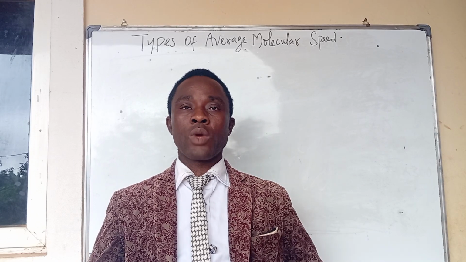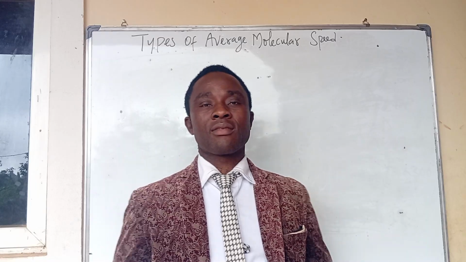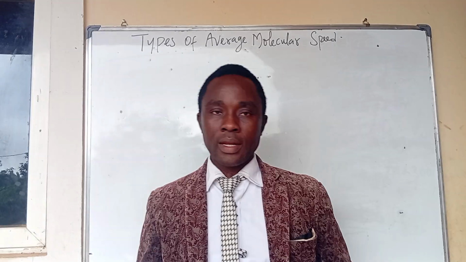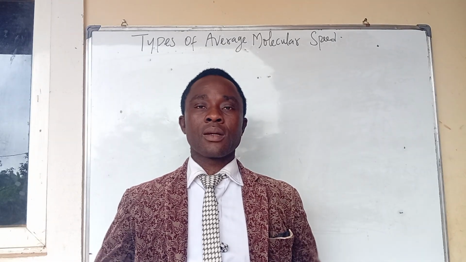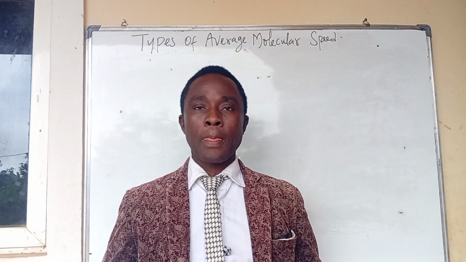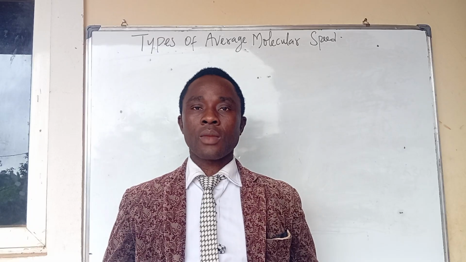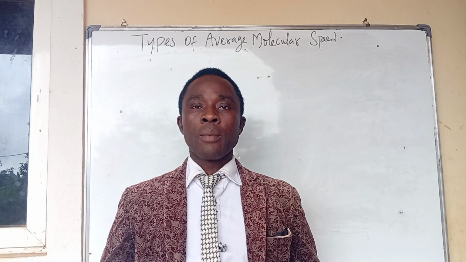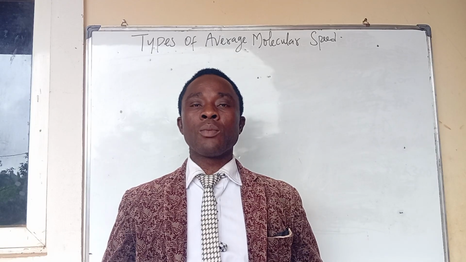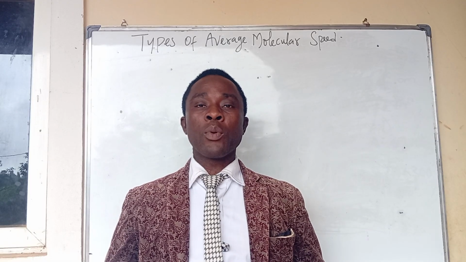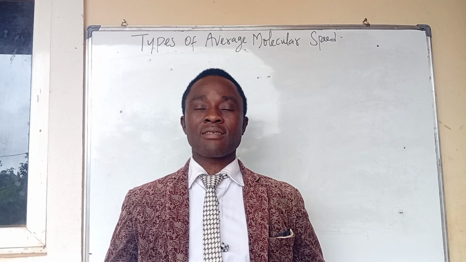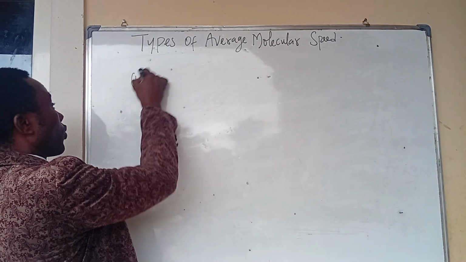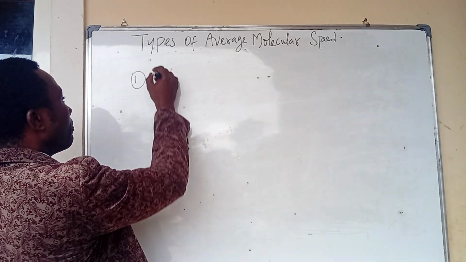In this class, we are going to learn the types of average molecular speed of gas molecules. When we place gas molecules in a container, they move randomly and therefore, due to their motion, they possess speed. But there are different types of average molecular speed that can be possessed by gas molecules that are moving in a container. The first one is what we call the most